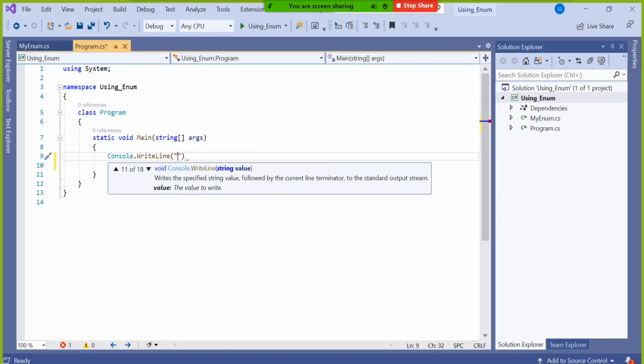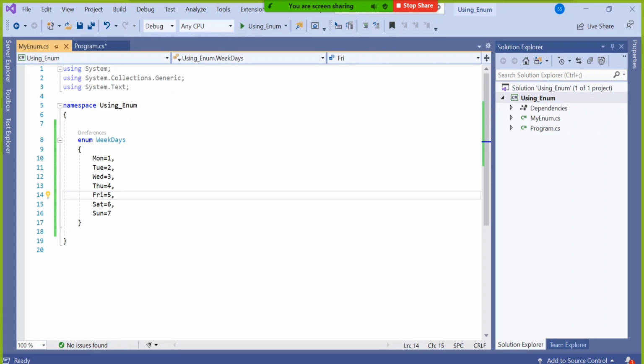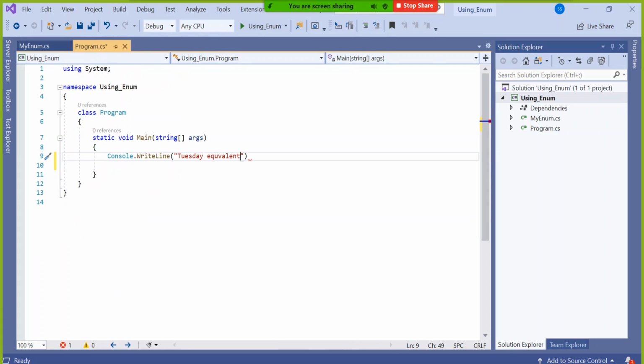So I can say like this, Tuesday equivalent, because both syntax you should know, how to keep the data, how to fetch and use the data. So Tuesday equivalent week number is, or weekday number is,